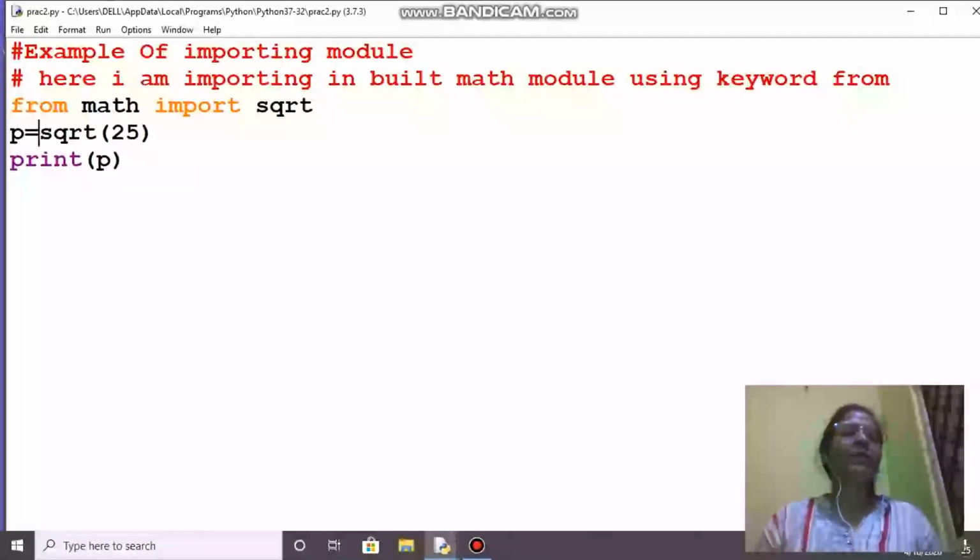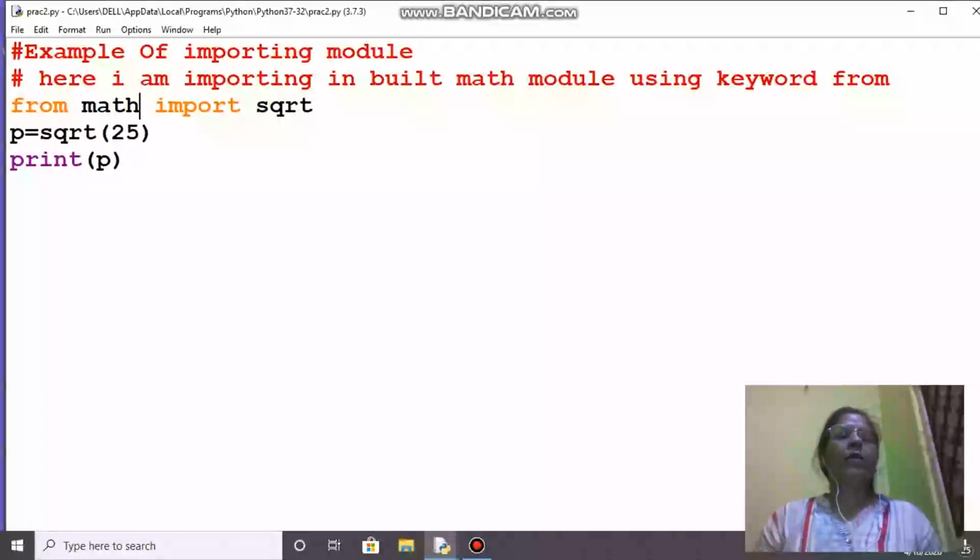In this case I need not mention the module name before the function sqrt. Directly I can use the function name, whichever function I would like to use. I need not write math.sqrt, because this is the concept of namespace in Python, due to which it is happening.